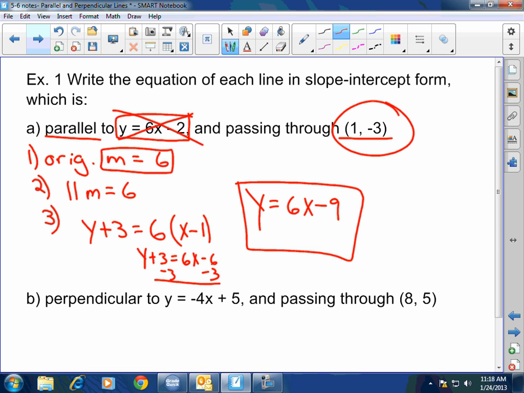You don't understand step 2. Aren't parallel slopes equal? So that's how you got step 2. Parallel slopes are equal. You've got to find the original slope. If you're looking for a parallel line, the slopes are equal. If you're looking for a perpendicular line, the slopes are negative reciprocals of each other. For example,